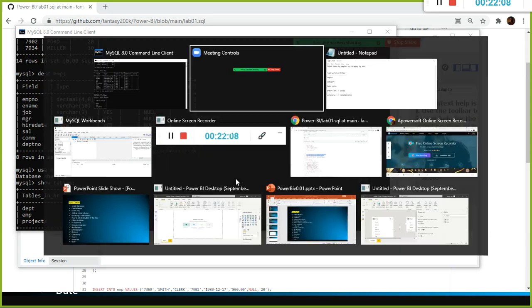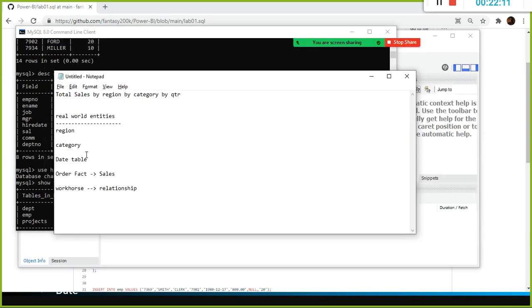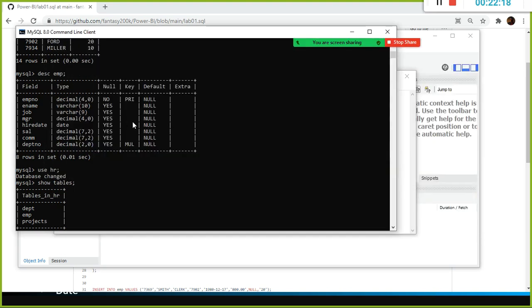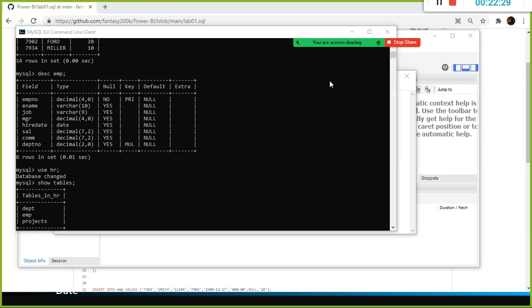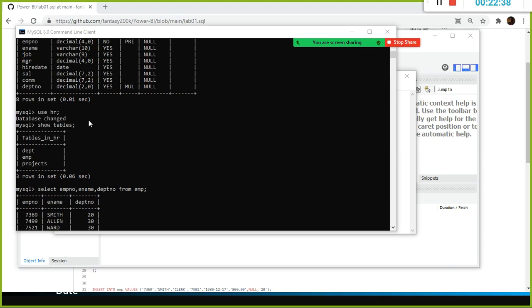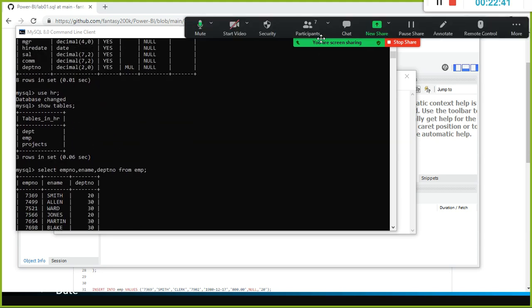As I told you, we are interested in viewing region wise, category wise, which region, which category, and what is the sales, and on so and so date, right? So if you select only 4 columns, that is more than sufficient. No matter how many columns you have in your table, we need information for only these 4 columns, but you will have to join 4 different tables in the where clause. That we will see a little later. So now you understood. I don't want to select all the columns, only specific columns.